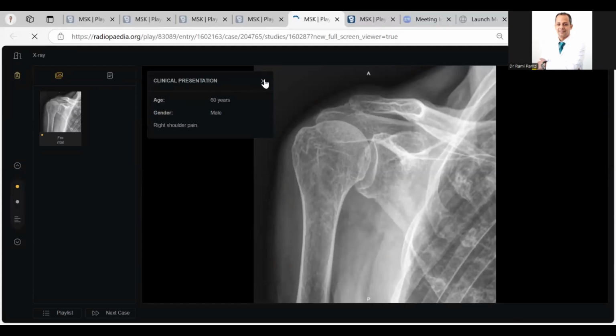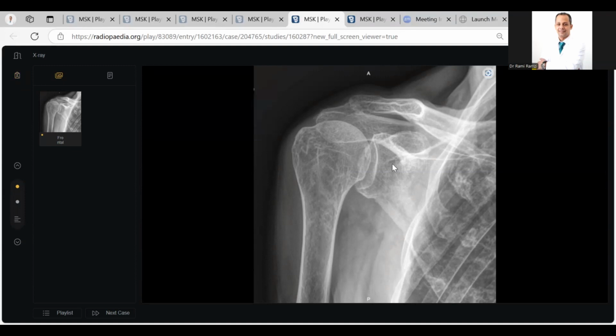A 6-year-old male patient complaining of right shoulder pain. Yes, sir. This is the X-ray shoulder, AP projection of an adult male patient. There are marginal degenerative changes, and I can see that the texture of the bone is somewhat